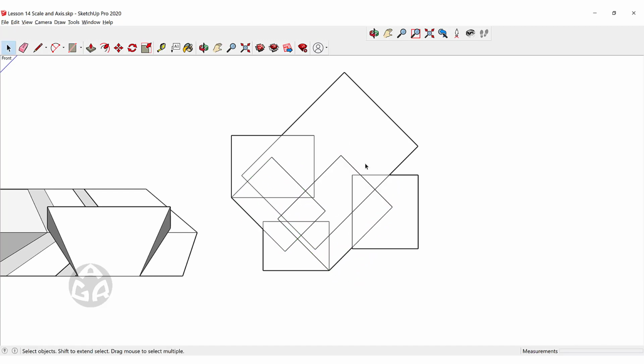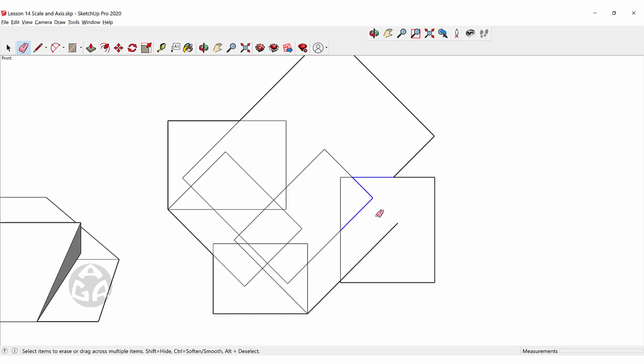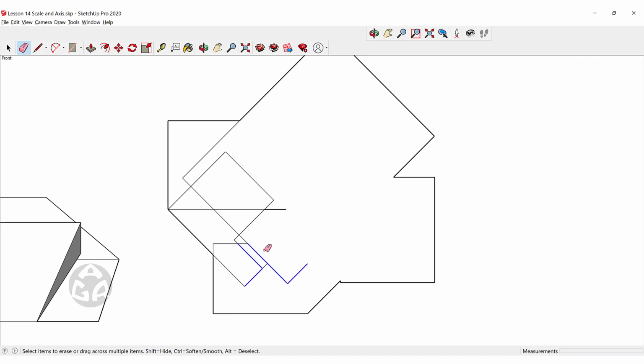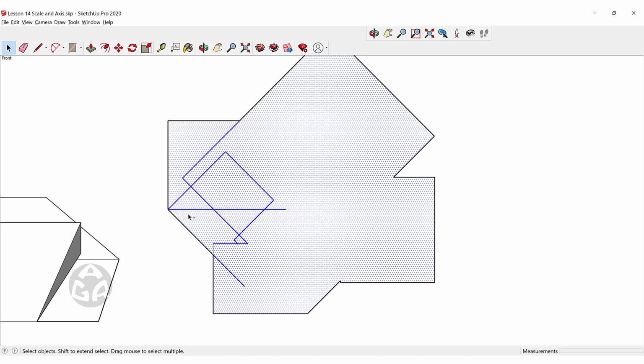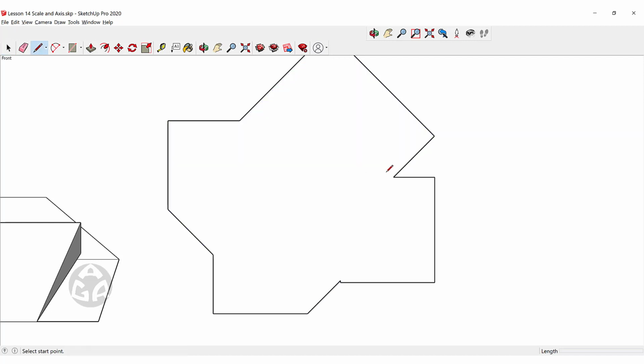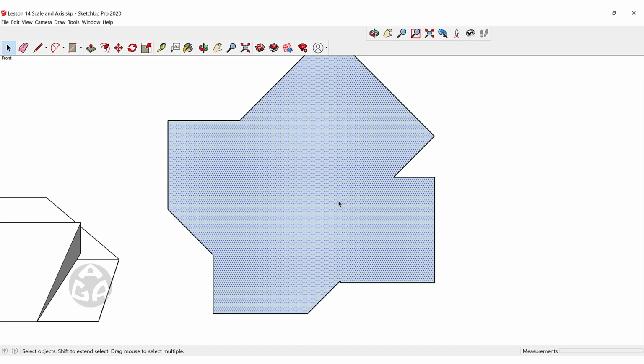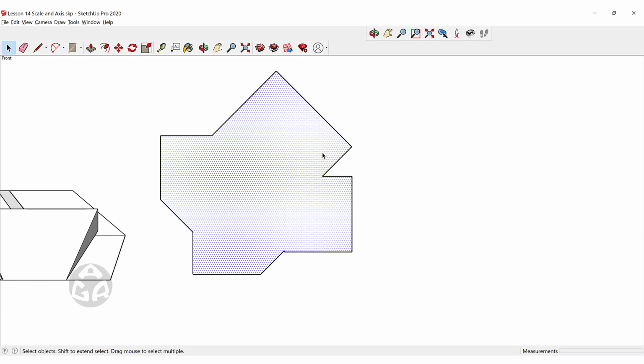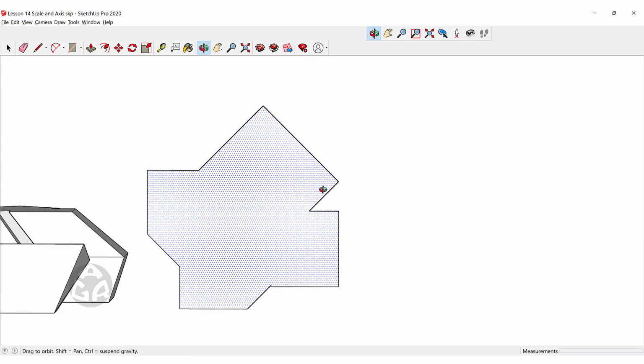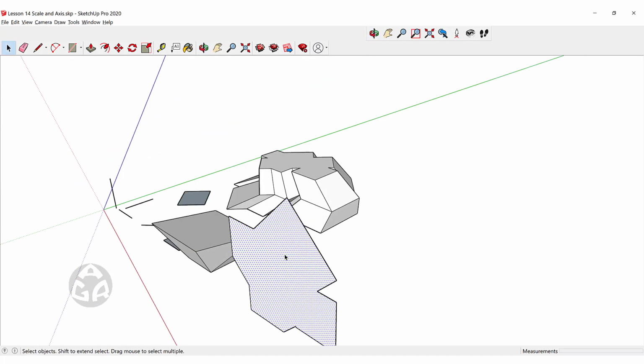Create something like this. There's a plugin named Cleanup that we can use to erase all these small lines inside, so we would not need to select all of them and then hit delete. So I will select all of them. It will also erase the faces, but it's no problem. We can just click and draw a line on one of these faces, and then it will turn it into a face. So now I can just push-pull this face,